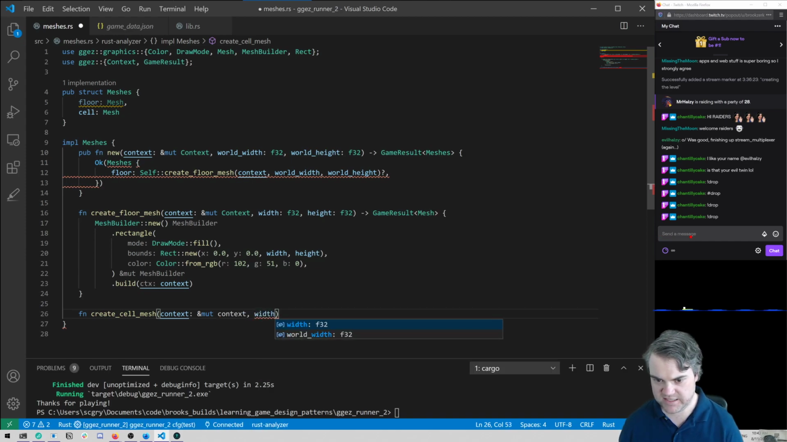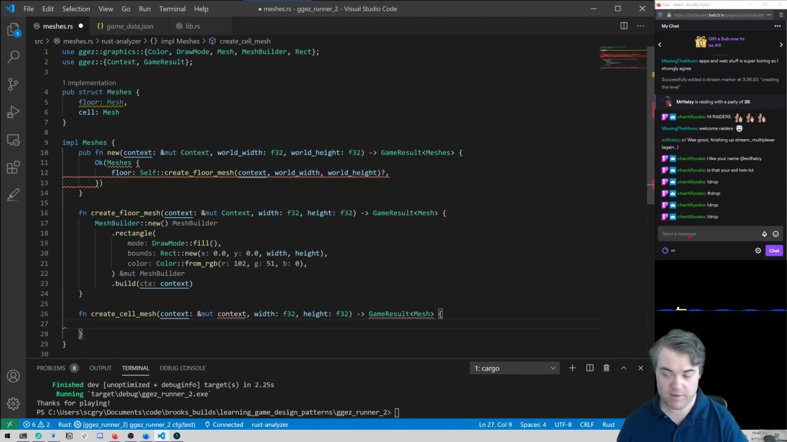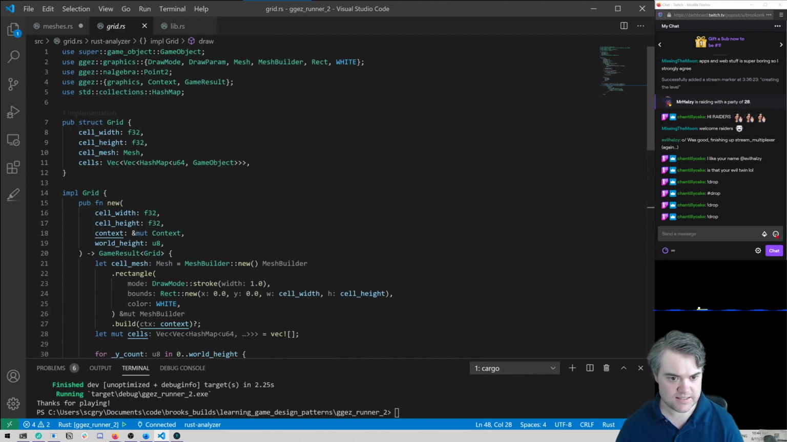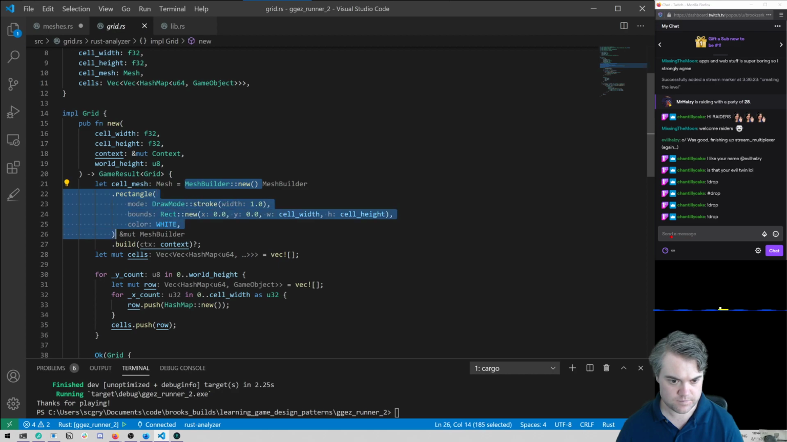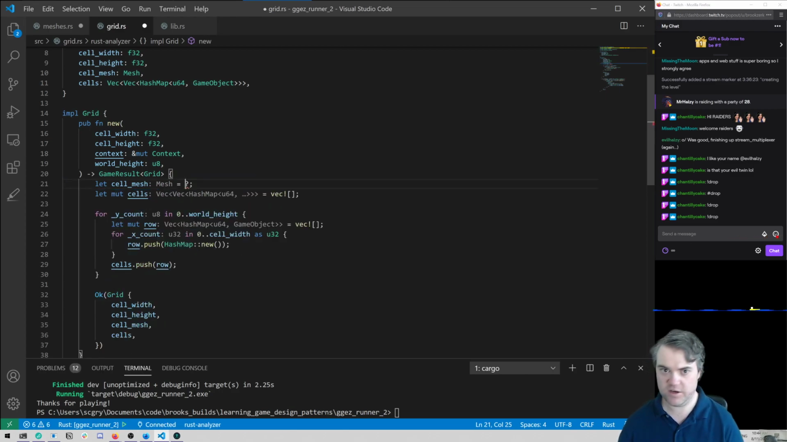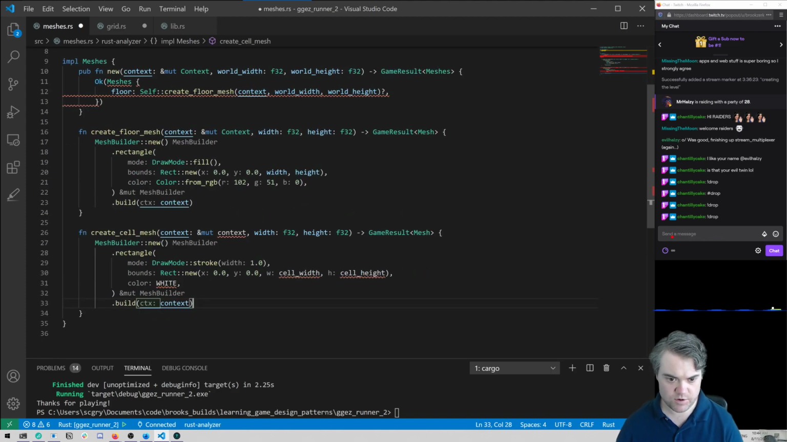We know we're going to want a width and a height. We want to return a game result with this mesh. And then we've already done this over in the grid. Let's go grab this out of here. I'll just cut this out so we know to come back. Paste this in here, and so we're going to return